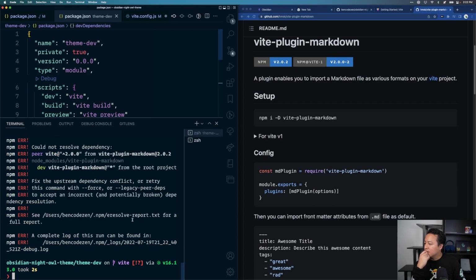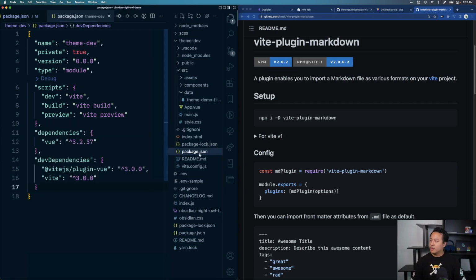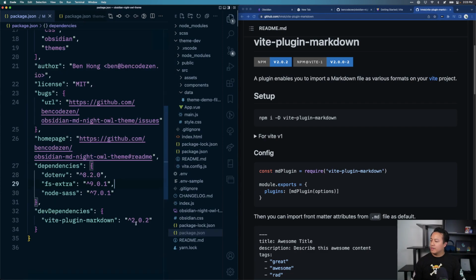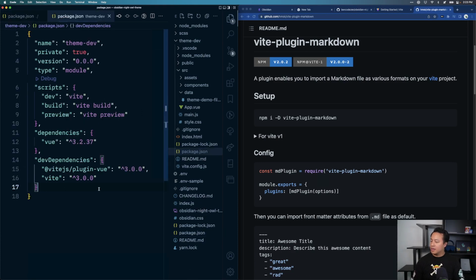Cannot resolve dependency tree. Why doesn't it like this? That's fascinating. Why wouldn't it like this? Is it because it's automatically going to the root? That's so weird though. You would think that you would be able to have, what if okay, we're just gonna test something out real quick. Come in here, and then I can go ahead and wipe that out,